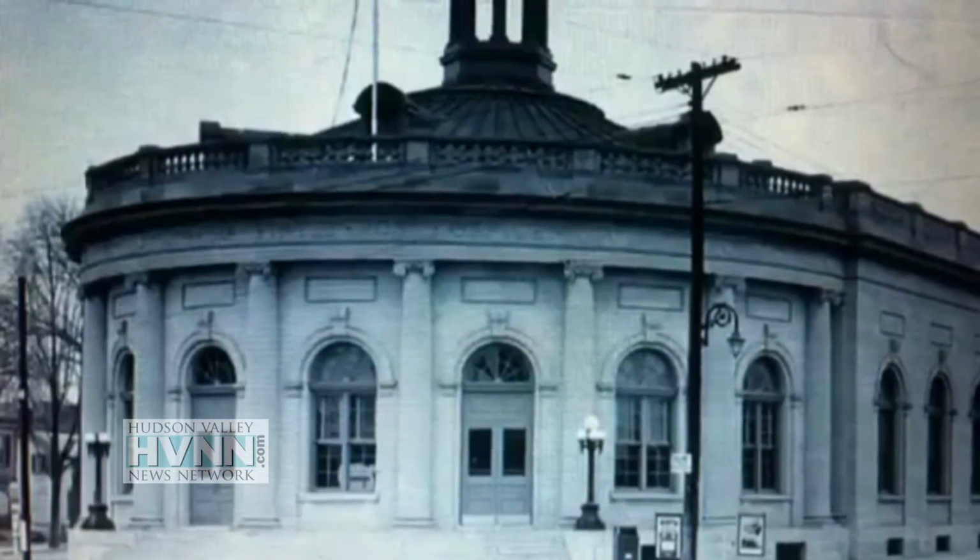It says a lot to my generation. My generation was the generation that went into this post office. My generation passed by this post office coming to and from Kingston High School every day. And I'm just amazed that the generation of my children and the next generations, I think, recognize that preservation is